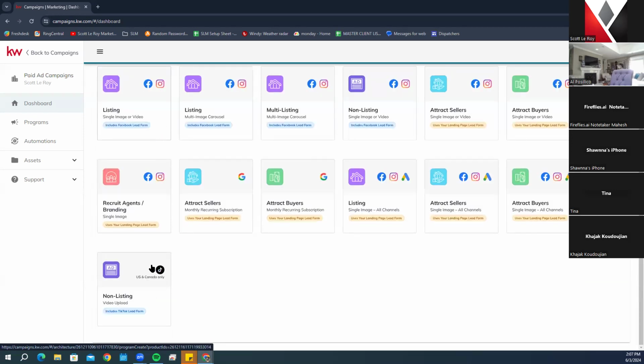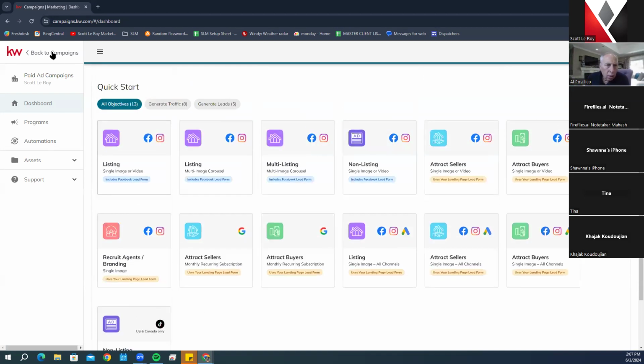Now, a lot of people don't realize too, if you're stuck on TikTok like a lot of people, or if you like creating TikTok videos, you can create a non-listing video upload to TikTok from here as well. So if you want to get into that, here's a great way you can incorporate your business as well. All right, we're going to go back to the